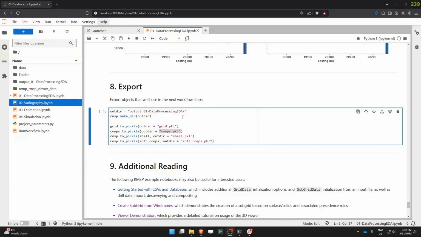So in order to export the data, we are creating a folder for the output. In this case, it is output underscore. We create that folder with the make underscore dir function from RMSP. Once these 2 lines of code are run, the folder is created, and then we are saving the grid with